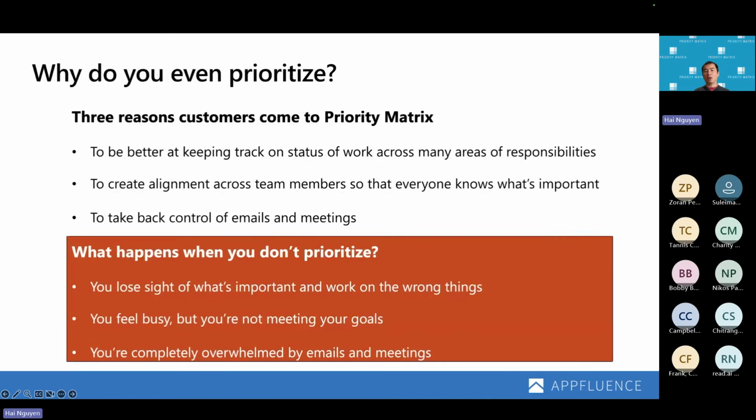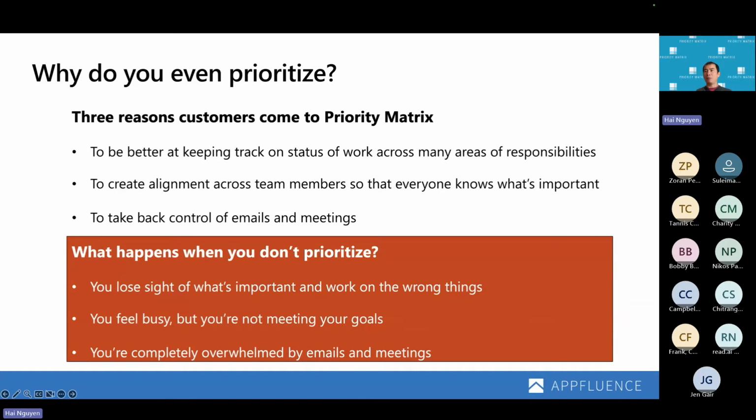So why do you even prioritize? There are three reasons why customers come to Matrix. The first is to be better at keeping track of the status of work across many areas of responsibility. The second is to create alignment across team members so that everyone knows what's important. And thirdly, to take back control of your emails and meetings. I think for all of us here today, one of the challenges we face constantly is how much effort we have to spend to look at all the emails that we get, and how many meetings aren't actually that productive. So my goal is to show you how to use some of our integrations to actually tackle those